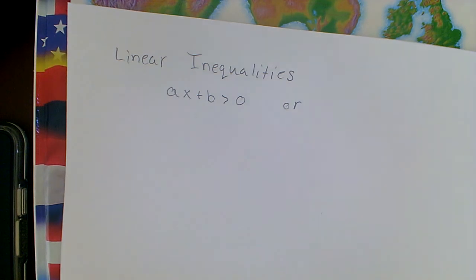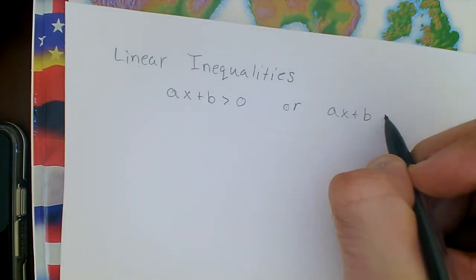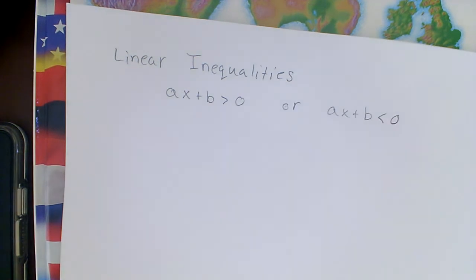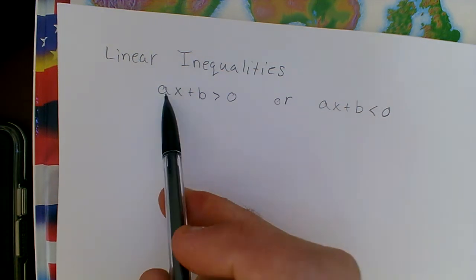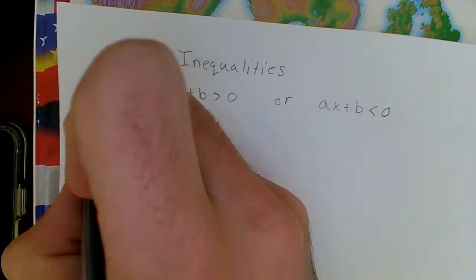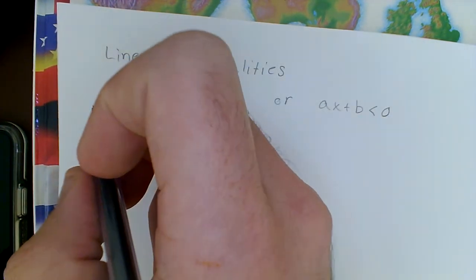Okay, one second. Or ax plus b is less than 0. Or you could have less than or equal to or greater than or equal to here. Here a and b are both real numbers and x is the variable. The first one they would want you to know how to do is